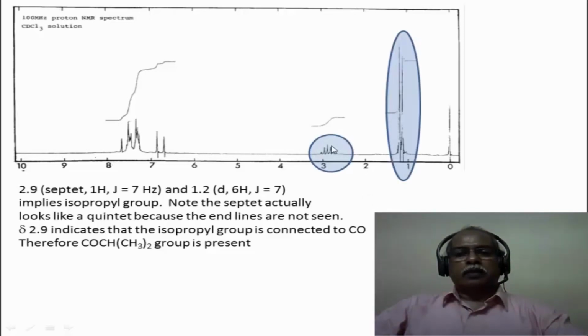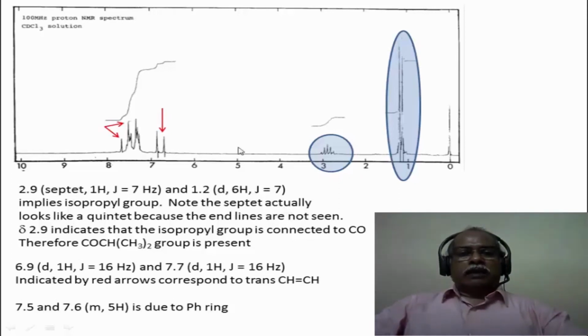Please recall that the isopropyl group should give a septet and a doublet, in terms of the CH and the CH3 splitting each other. But the septet can sometimes be deceiving. You see only 5 lines in this particular system, but the integration tells you very clearly that this corresponds to 1 hydrogen and this corresponds to 6 hydrogens. If you measure the relative intensities of these two integrations, this would be 1:6. So this cannot actually be a quintet. It has to be a septet, because CH3 is what the fragment is, which we are referring to as the isopropyl group. The end lines are not seen very clearly in the case of the isopropyl group.